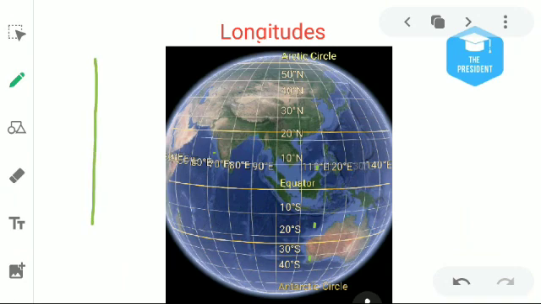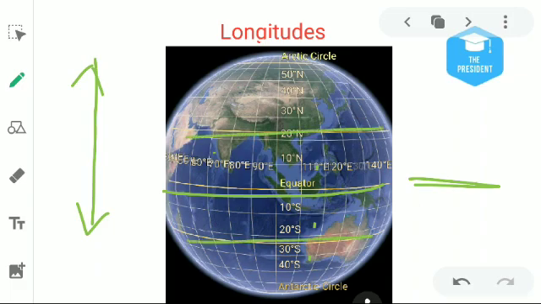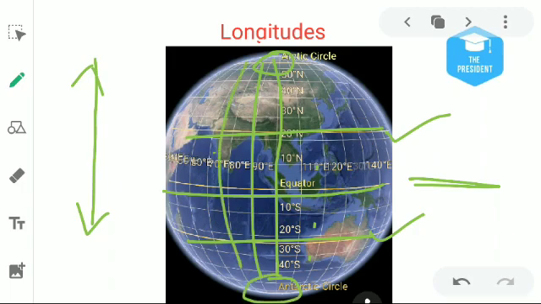Longitude means basically the vertical lines. This is the picture of the Earth. The Earth is divided into two equal halves by the equator, the horizontal line, which is known as a latitude. Yesterday I discussed a few latitudes like the Tropic of Cancer and Tropic of Capricorn. You can see the vertical lines here also. These lines run from the North Pole to the South Pole. These vertical lines are known as longitudes.